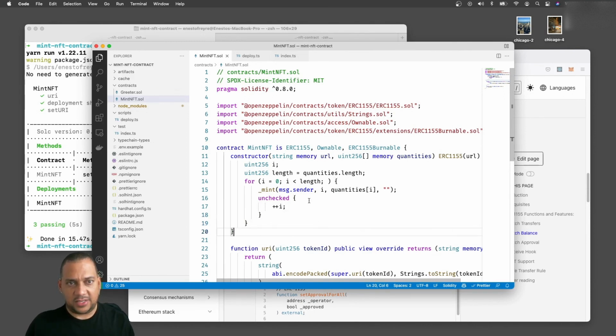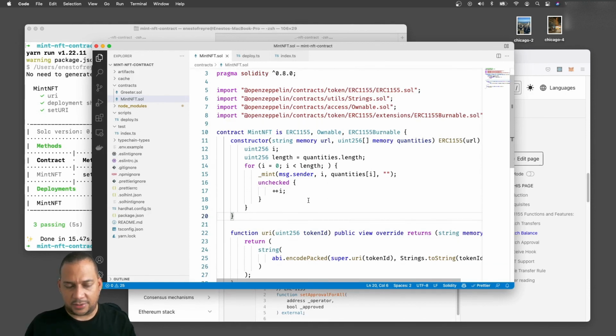So this is all we need for now. We already have a smart contract. We know how to create a contract project. We now know how to create the contract, compile the contract, run it on a local node, and we can run tests for that contract. There are other functionalities that we can do with Hardhat. I would recommend that you read the documentation. Hardhat is pretty good if you want to deploy your contracts to a test network, or if you want to deploy them to the main Ethereum network, you can do that as well.